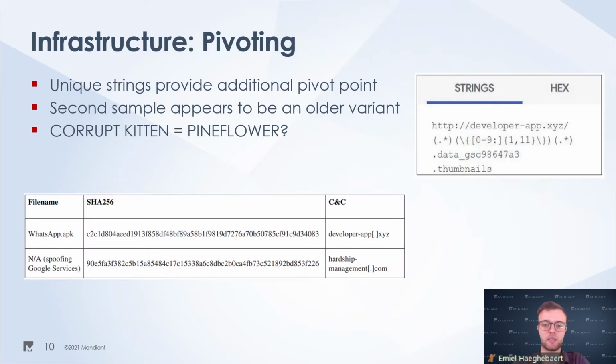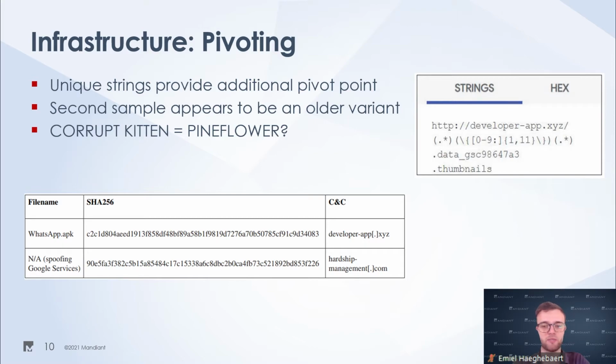A quick look at the two DEX files reveals some interesting strings, particularly in the assets/classes.dex file, and the strings are pictured here at the top right. In particular, the data_GSC98647A3 string appeared rather unique. We found that a second DEX file also contained this string, suggesting that these two files might be related, even